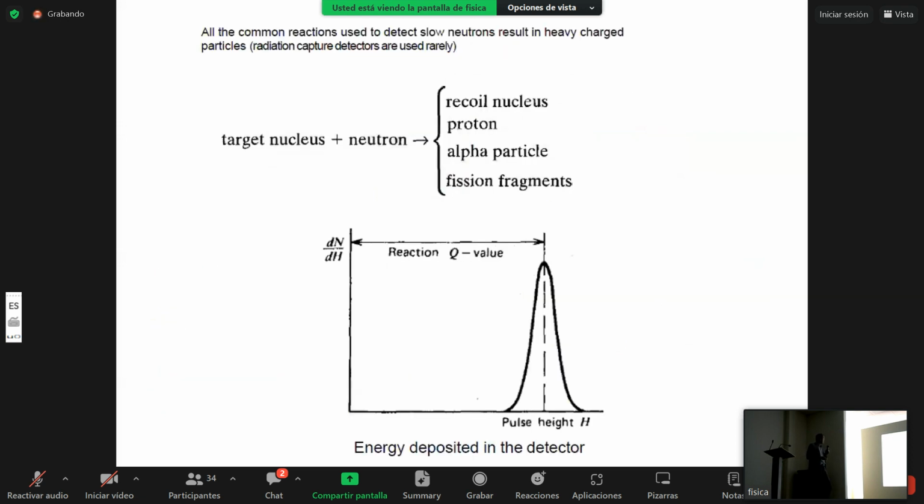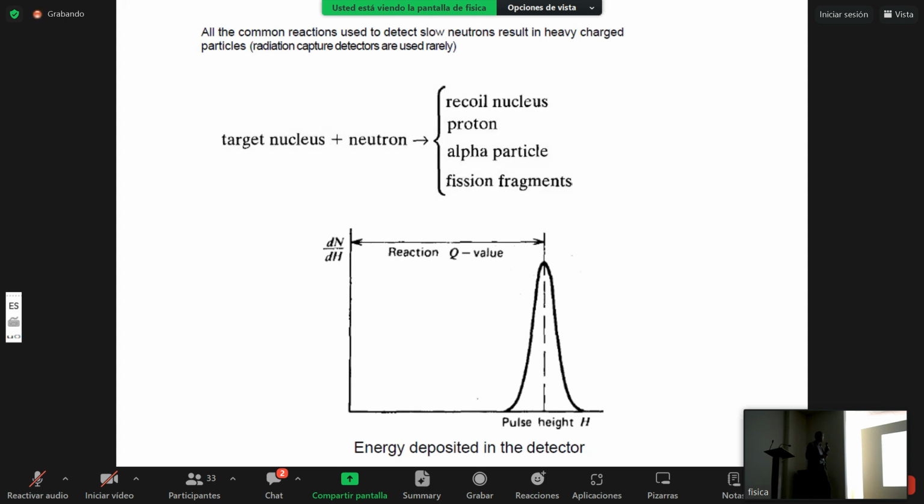So in my previous lectures, I showed you some reactions describing how neutrons interact with matter. And some of these reactions can be exploited in order to detect neutrons. And usually, as you remember, we differentiate between neutrons. We consider thermal neutrons, slow neutrons, and fast neutrons. And here I will describe how to detect